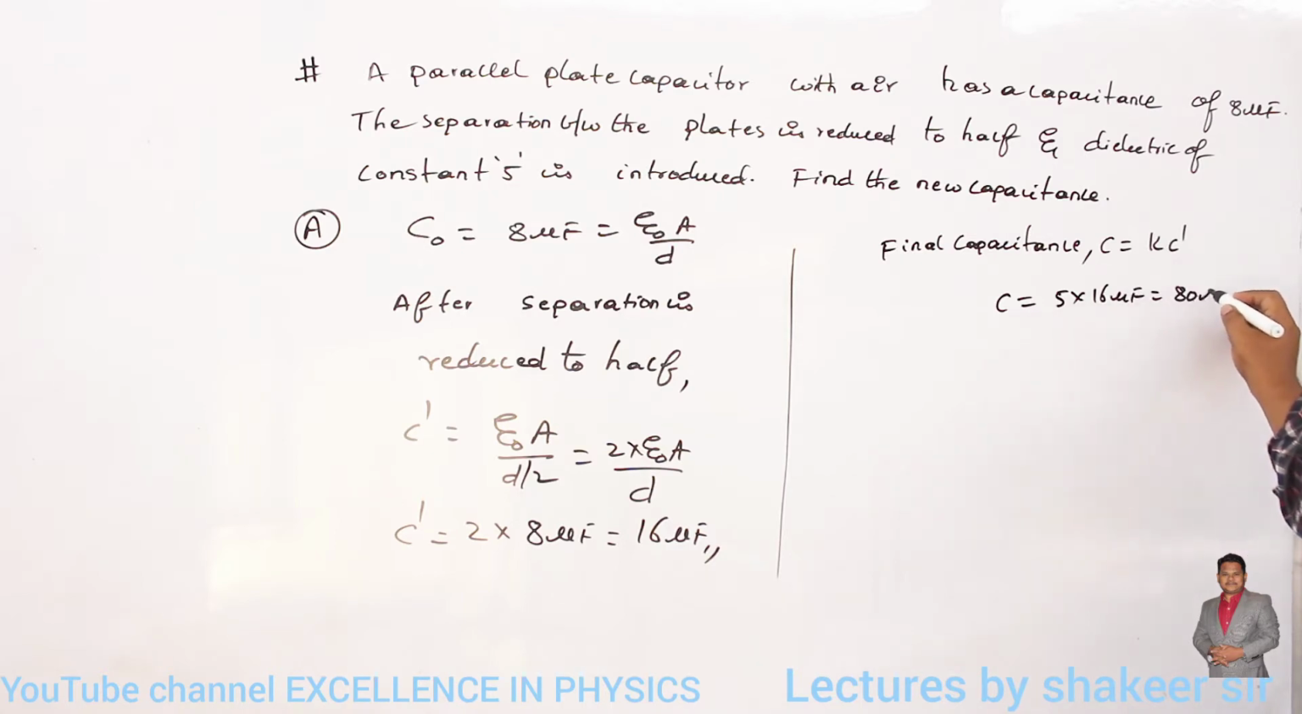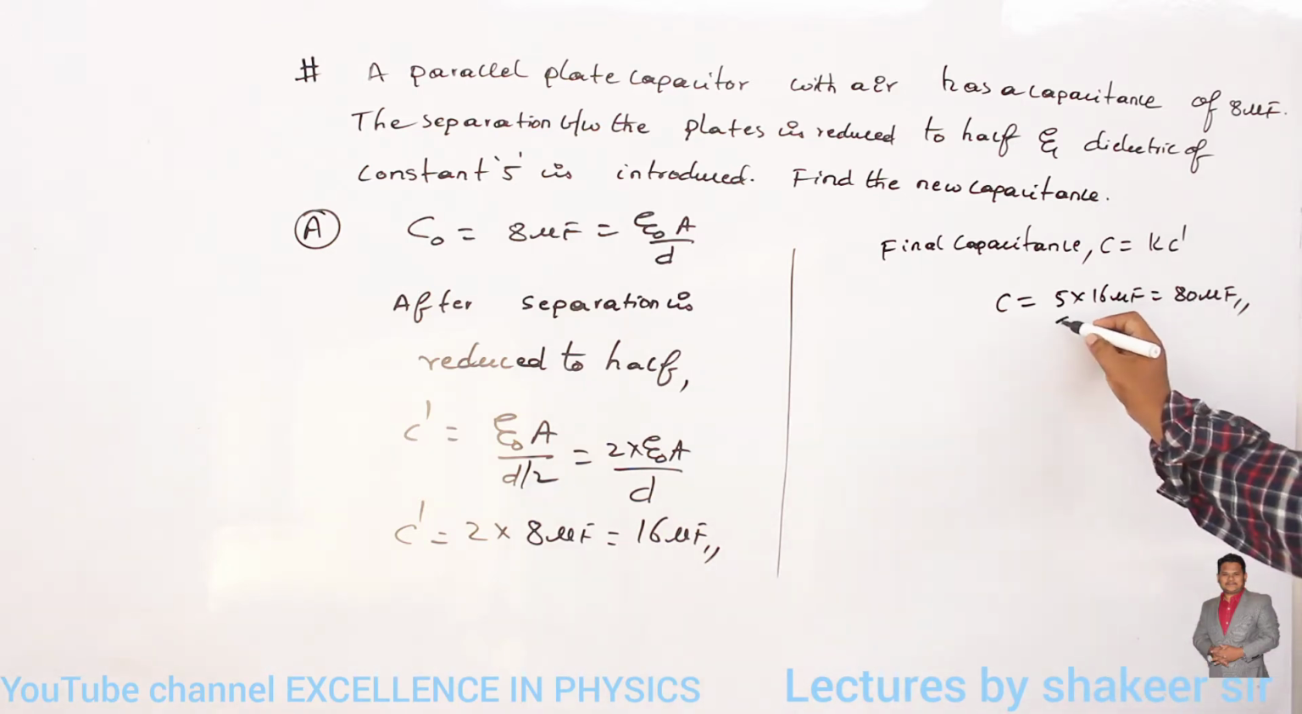16 5 are 80 microfarads. Okay? So this is the total final capacitance after doing these two conditions. First one is we are decreasing the separation, and the next one is we are introducing a dielectric constant of